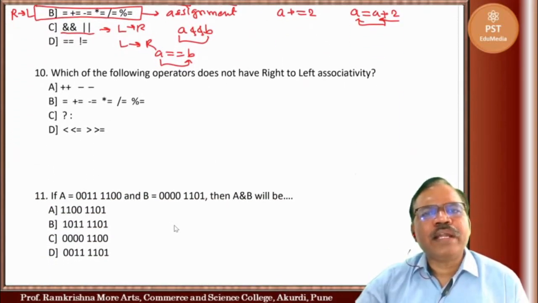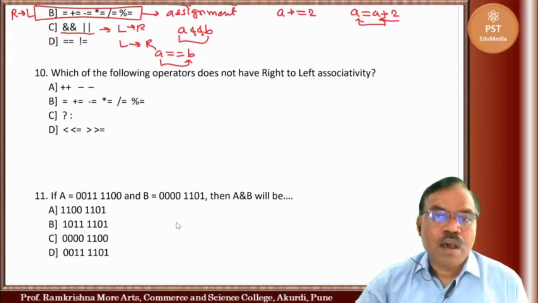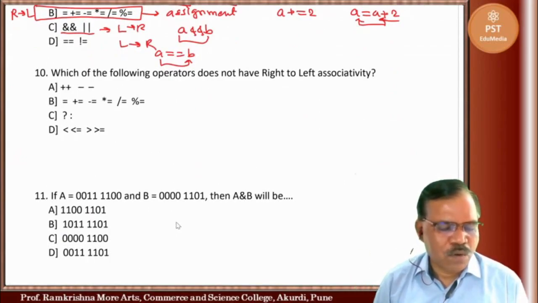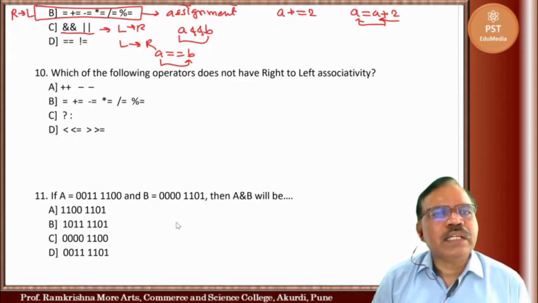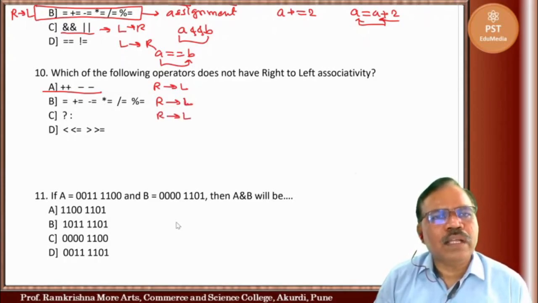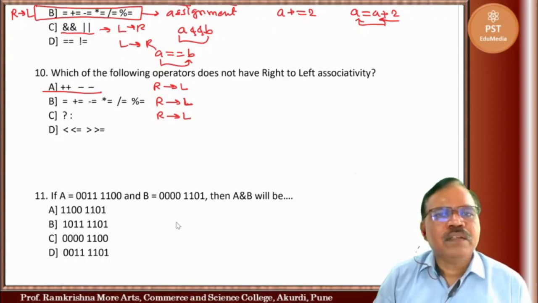Which of the following operators does not have right to left associativity? Now see here, this first one, these are increment and decrement operators. They have right to left. These assignment operators, they also have right to left. Conditional operator, they also have right to left. But here, less